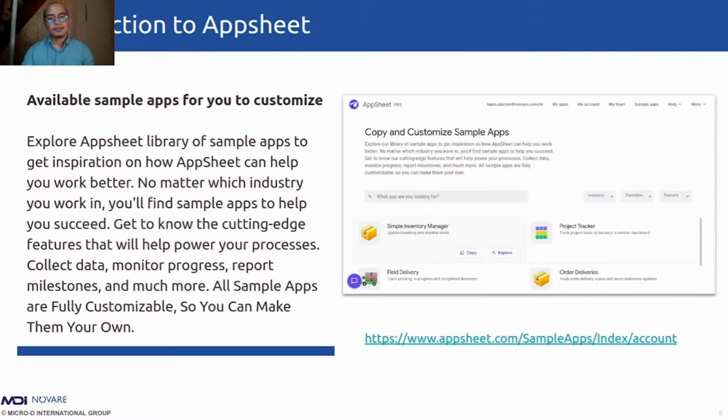Okay. All right. So there are a lot of sample applications and templates available to AppSheet to jumpstart each user to create their own application using the AppSheet. Okay, so we can explore the AppSheet library of sample apps to get inspiration on how AppSheet can help you work better. Okay, and then also all these apps are fully customizable, so you can make them your own. Okay, so para makita nyo kung ano sila and saan sila makikita,